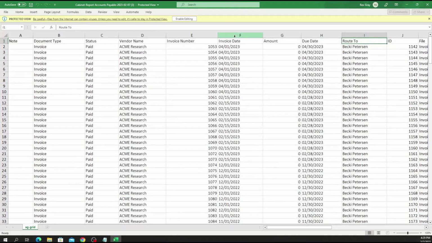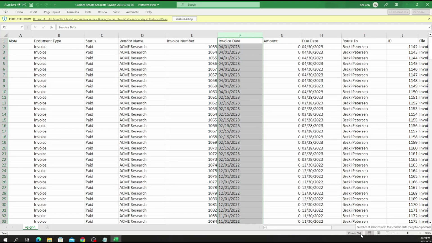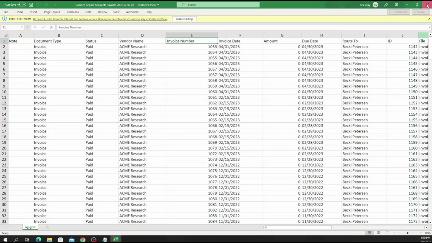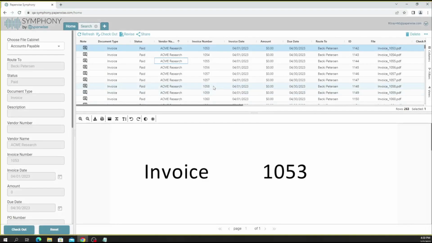If I were to choose a field, it'll give me a row count of 264, which would be 263 items, plus a header column. If I were to export to CSV, I would have the header column plus rows for all of the data. From there, I can take the data and pivot it, do whatever I want to do